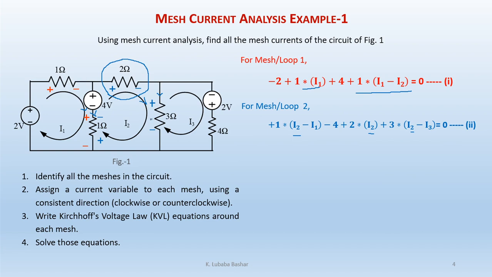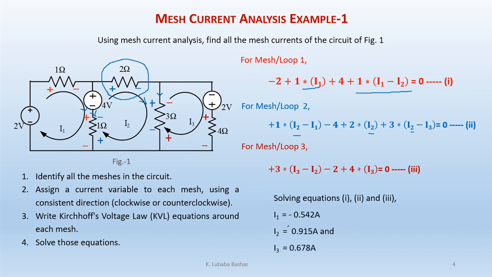Okay. A similar situation holds for I3. As I3 is the greater now, the voltage drop across the 3 ohm resistor will be simply 3 into I3 minus I2, minus 2, and plus 4 into I3 only, because for these two elements there is no interference of any other loop currents. Now I have three KVL equations and I can solve them easily. Finally, I have got these three mesh currents I1,